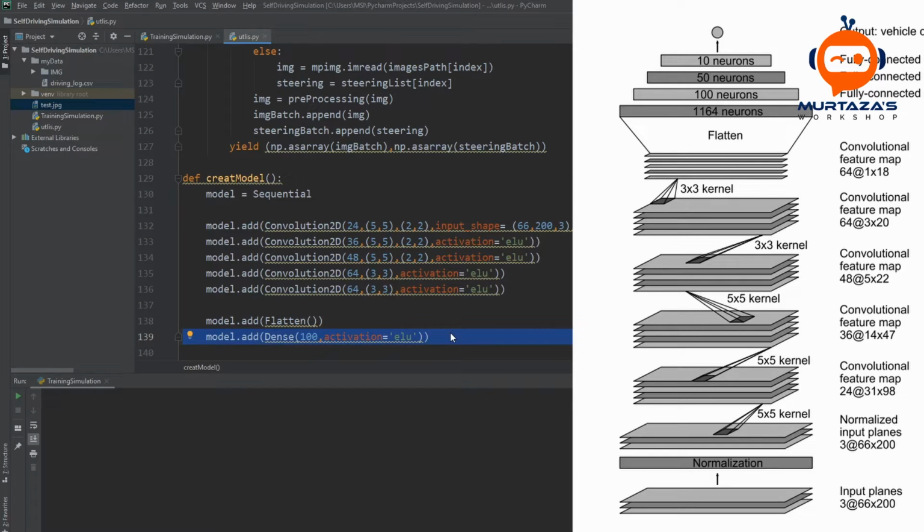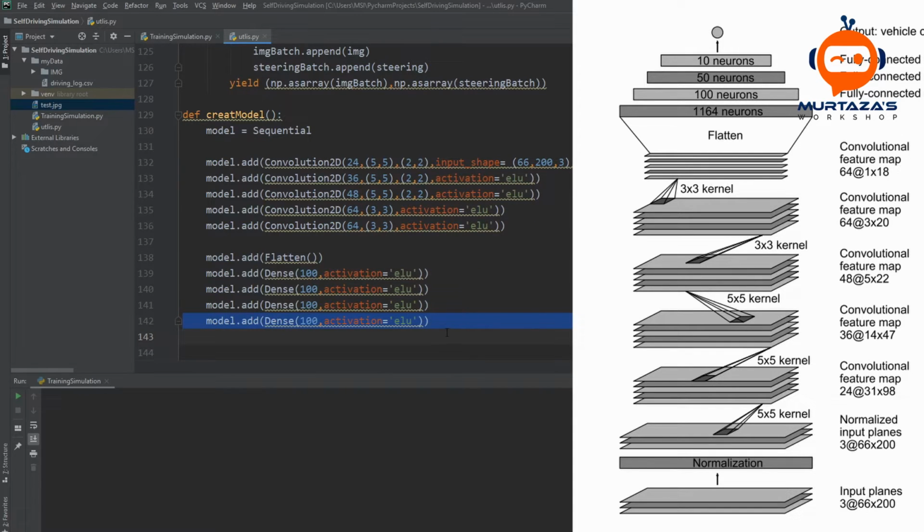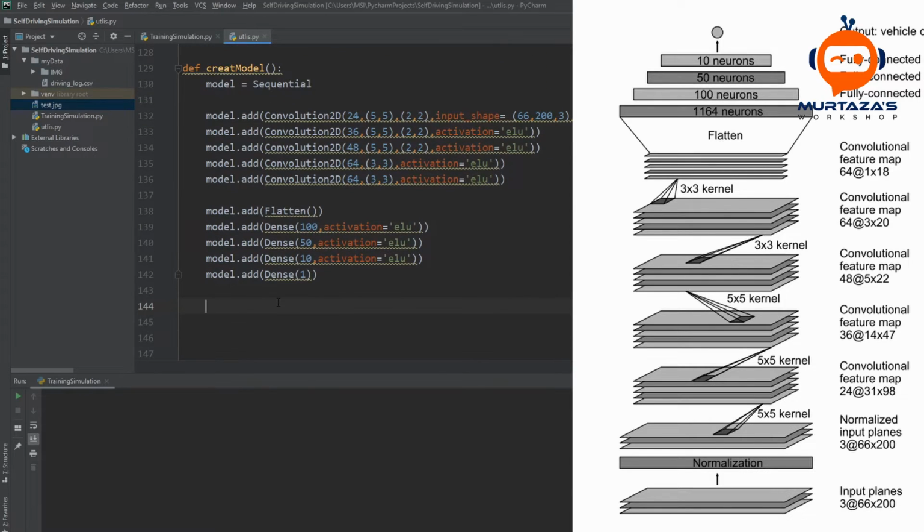So we have four more dense layers, so we will duplicate these, and as you can see here we have 50 neurons, and then we have 10 neurons, and at the end we should have only one value, and that will be our final output. So we will remove the activation. And the last thing we have to do is compile our model. So we will write model dot compile,